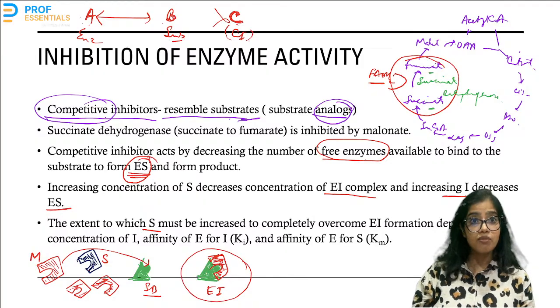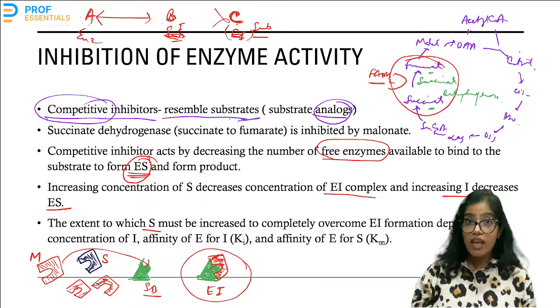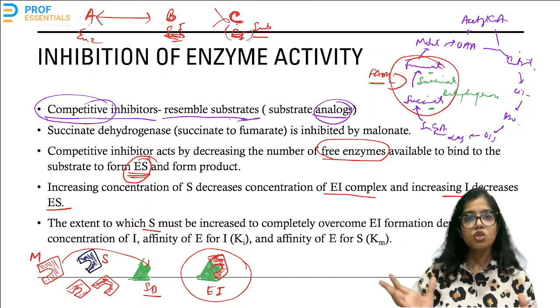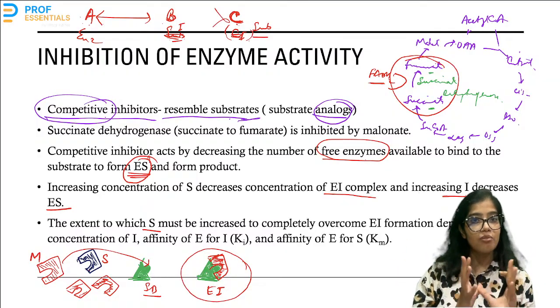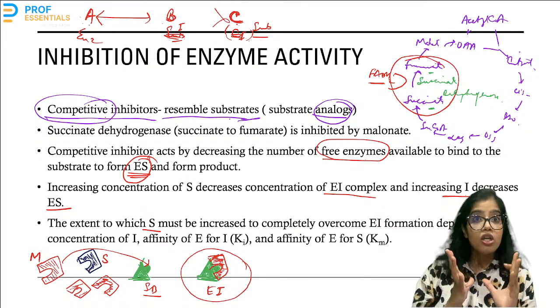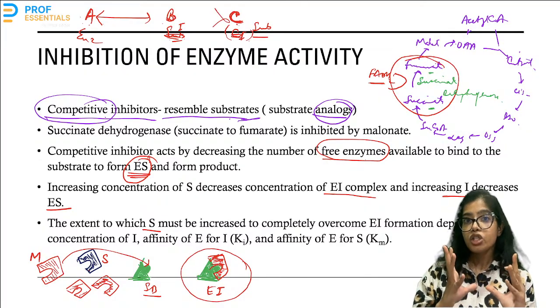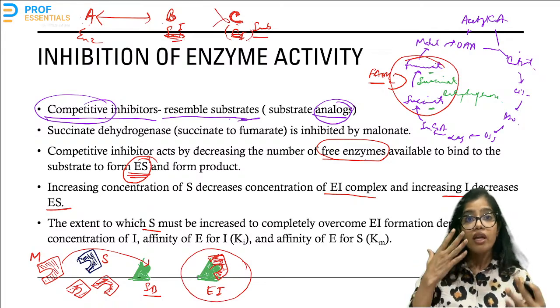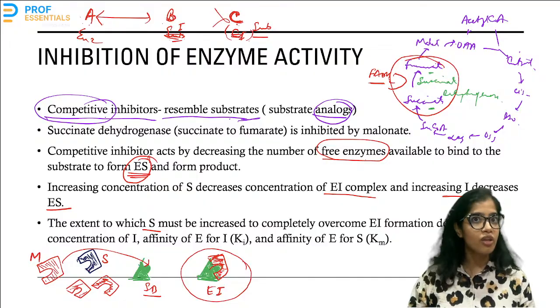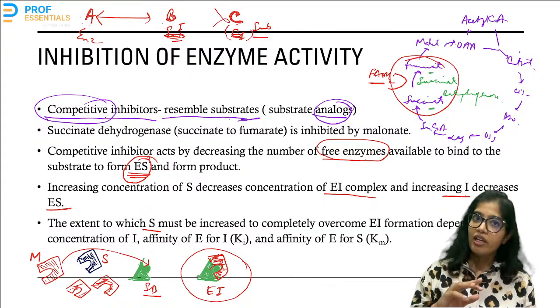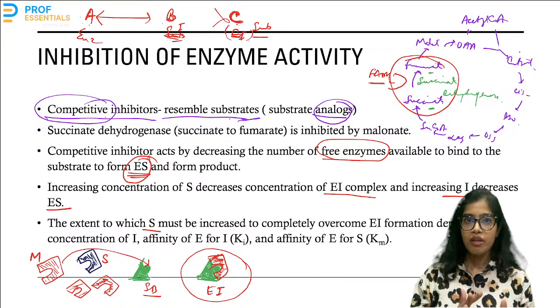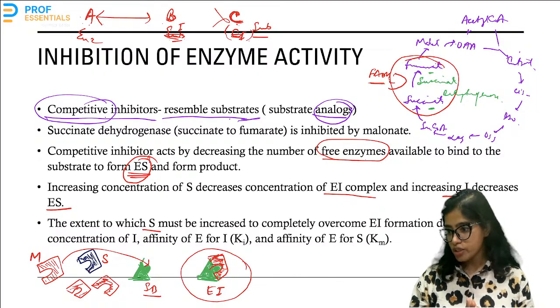Now suppose this was the inhibitor and this was the substrate. Suppose the enzyme had a lot of affinity for the inhibitor. Then C needed to bring a lot of chocolates, a lot of other gifts, a lot of attention, and needed to be present about 24/7. Meaning, it needed to put in a lot of effort. So you need to increase the concentration of the substrate by many fold if the enzyme has more affinity for the inhibitor. Understood? So this is what this line says. So it is all a game of affinity and concentration of the inhibitor and the substrate in competitive inhibition.